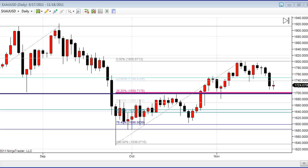Now, the other thing that I find interesting and something that we absolutely want to be on the lookout for is, you notice we have, first of all, this long black candle, and it appears as though, because the market isn't closed, we're forming this star in a morning position. And traders,